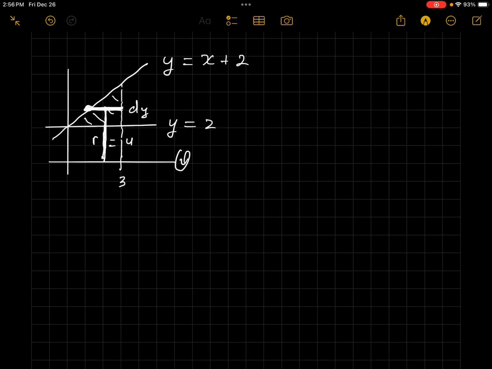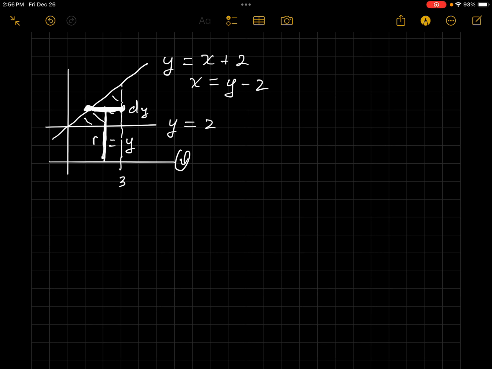But notice this will not be x, it'll be y. Furthermore, the length here, or the height as I called it, of the rectangle is not the function height, either y equals x plus 2 or x equals y minus 2. Neither of those is correct,